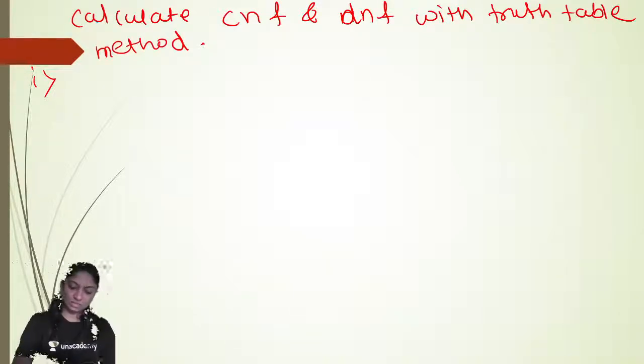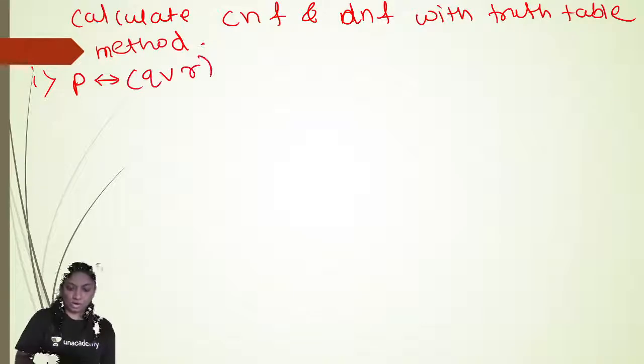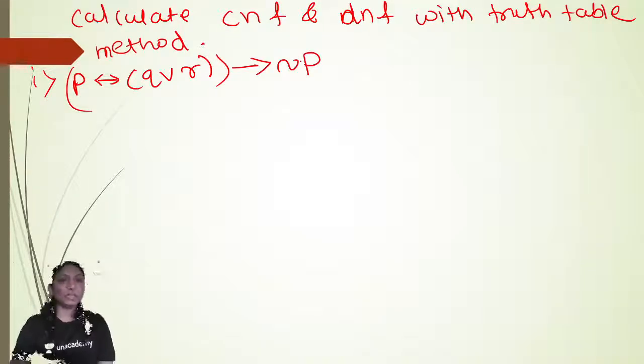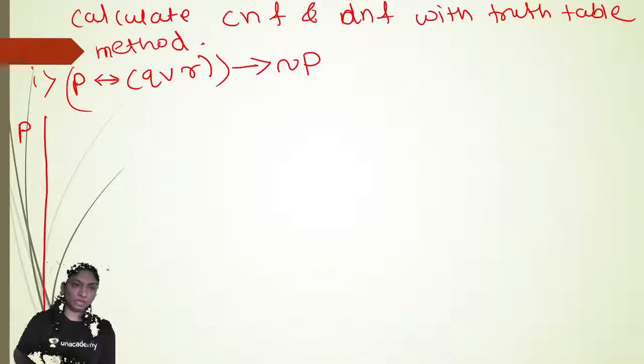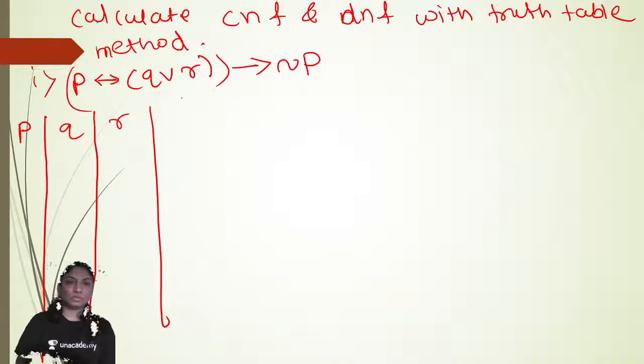P double implies Q, P double implies Q or R implies negation of P. Okay, P double implies Q or R implies negation of P. So first of all, find out the truth table. So we required P, Q, R. Okay, so P, Q, R, then Q or R,